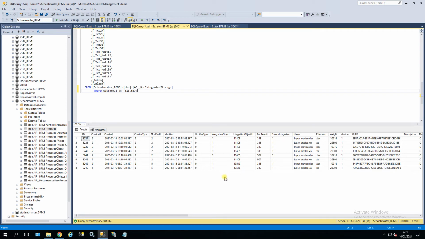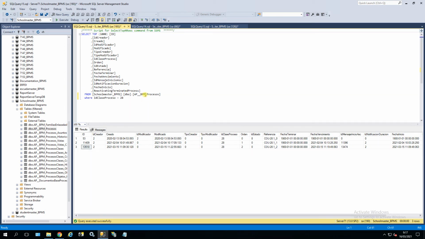these documents are stored. So I can go to this table. It's called BPM Procesos. We've already seen this table, and I can filter by the ID 28. Now, here I'm seeing only the processes that were launched related to the class of process with the ID 28. So I can use these IDs here to filter. Now, let's say I want to see only the documents that are stored in the process with the ID 2, or let's say with the ID